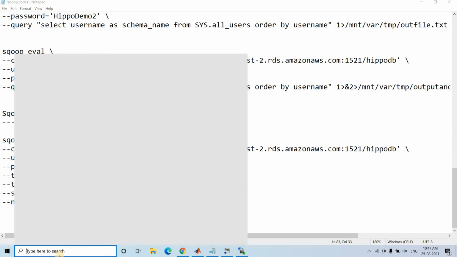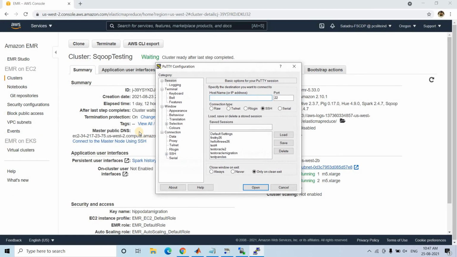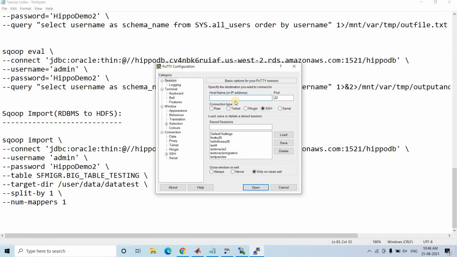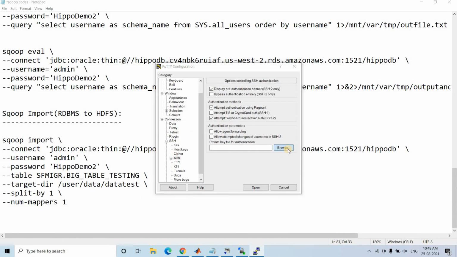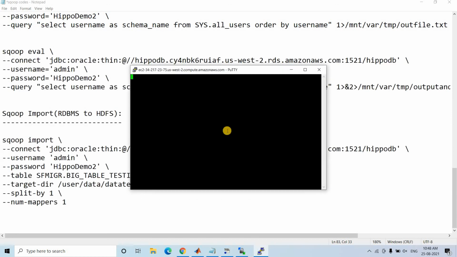Let me show you that. I will open PuTTY first, and then go to the public DNS. I will copy this from our running EMR and paste it. I will go to SSH, go to authentication, browse the PPK file and open it. The username, as you know, is hadoop.